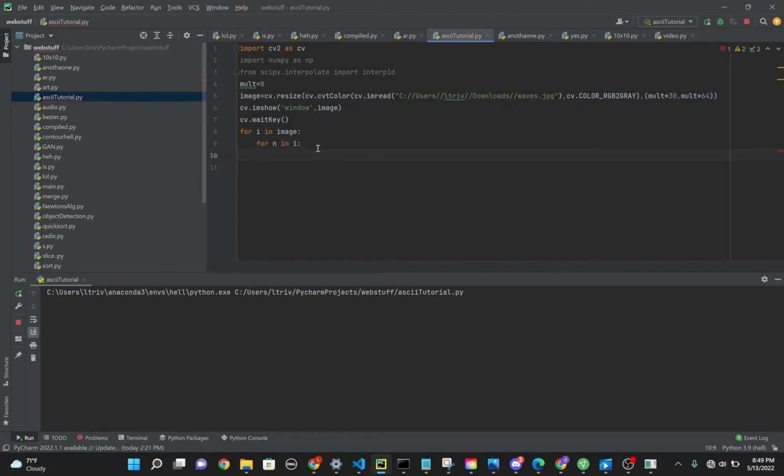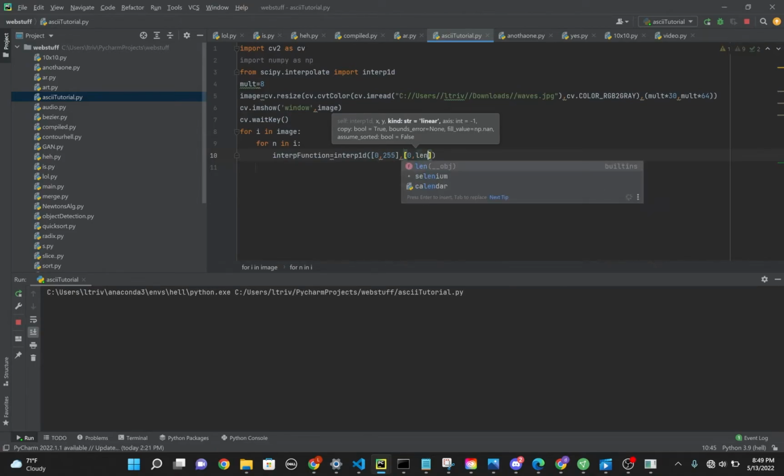Now, we're going to be using 1D interpolation, which, to put it simply, is mapping a large range of values into a smaller range of values, kind of squishing it down. So we're going to use scipy.interpolate here. So m, or interp function, equals interp1d, and these pixel values are in the range 0 and 255, and we're going to be mapping them to the range 0 and then the length of